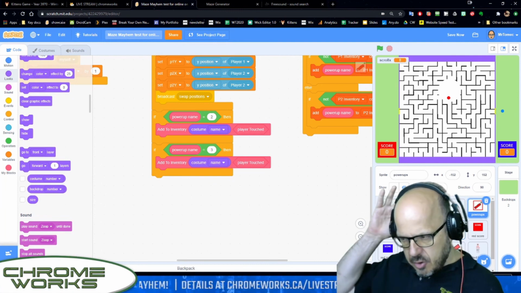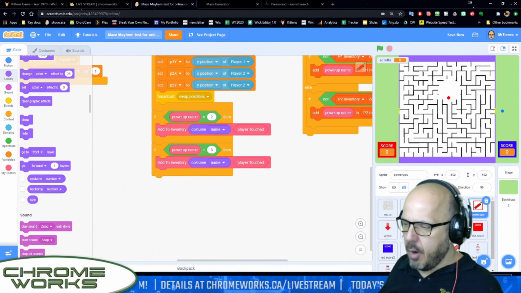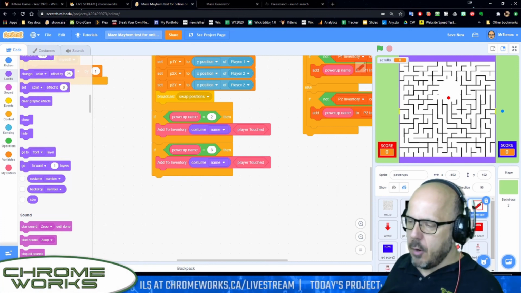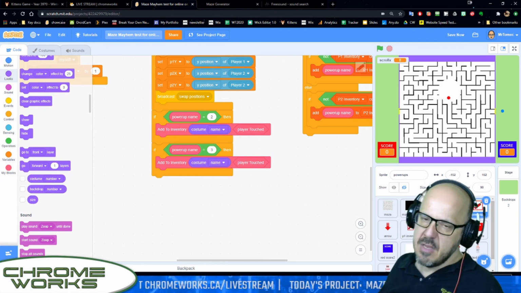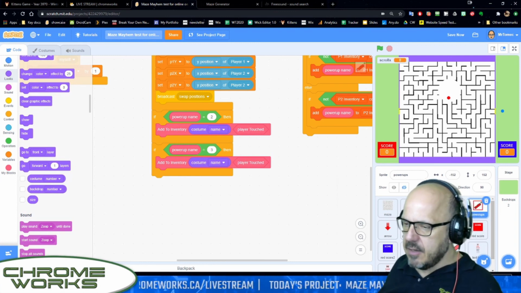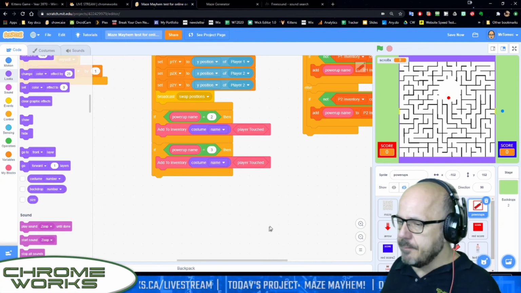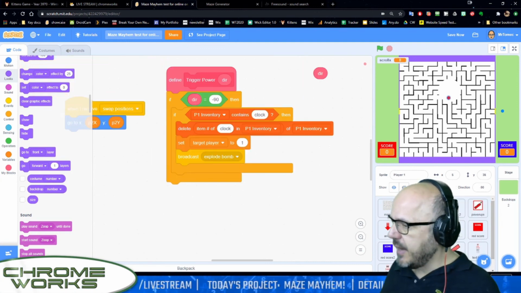We're going to do player 2 at the end of this process once all the code is done, and then we can make a few changes. We're just going to drag a whole bunch over. If we did it piece by piece, it would just take too long to go through. I think this is a more efficient way to handle it. Okay, so let's go back to player 1